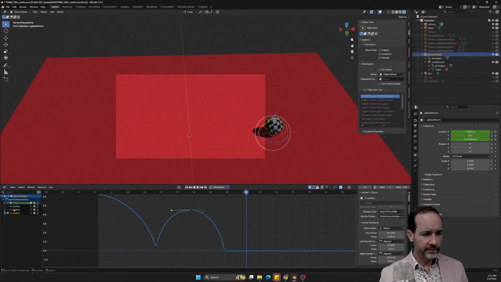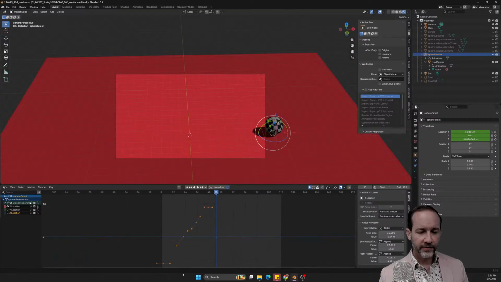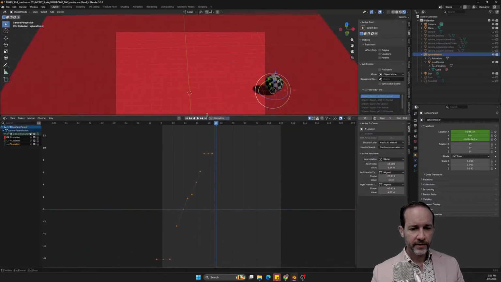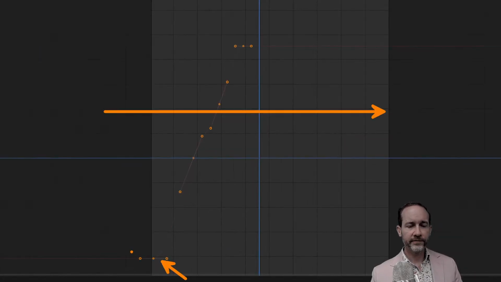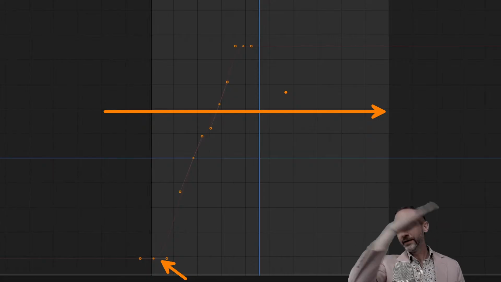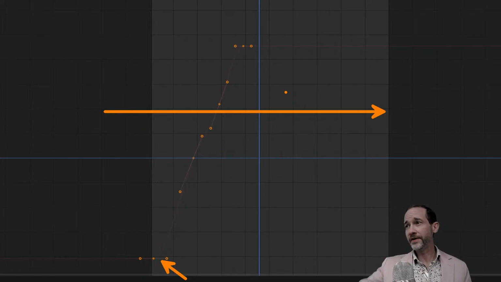Good. And now the X location, right? So I just moved mine on the X. So this is an instance where there's a lot of easing in and easing out. And so the speed of the ball across is kind of speeding up and slowing down, which is not really what I want. Like how quickly is the ball moving across the screen? It's much more linear than the up and down, right?